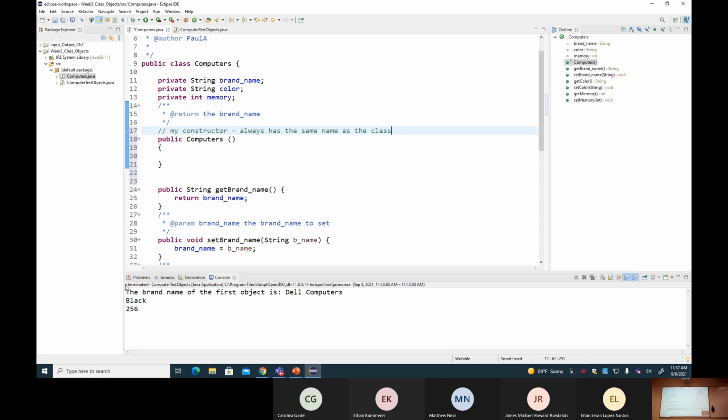Now, over here, when I say public constructor, you see this brand name over here? I can call it string, comma, chosen color, and